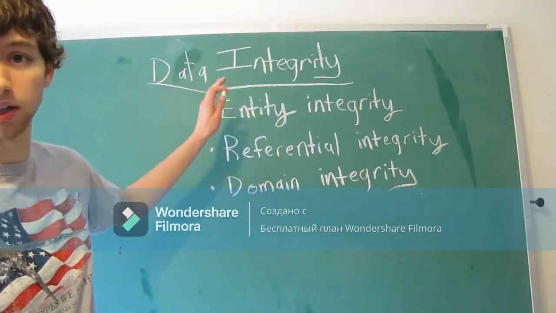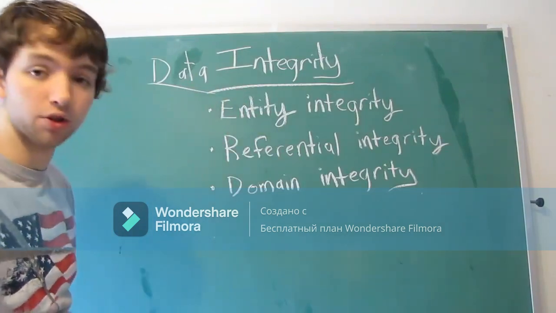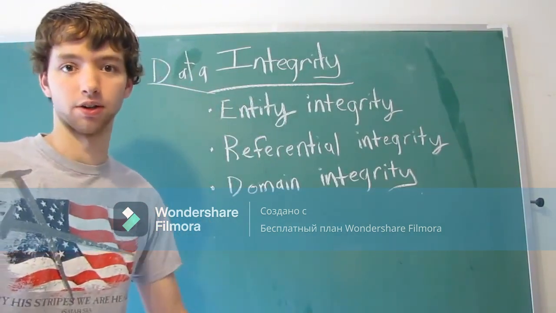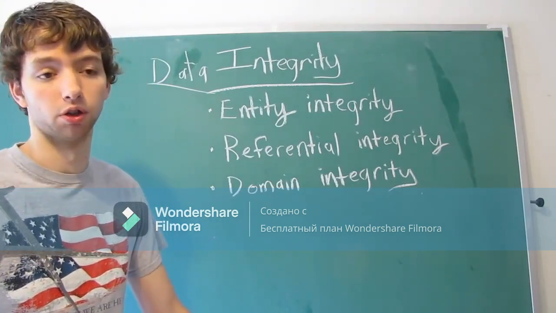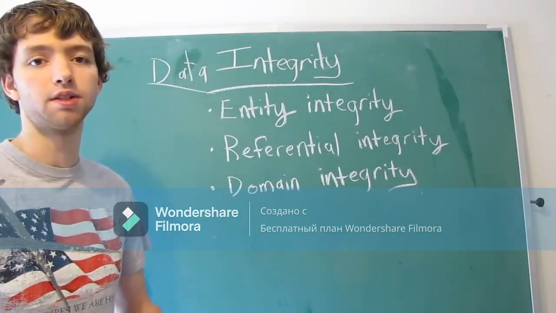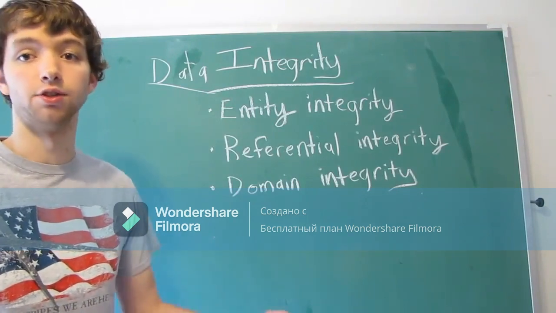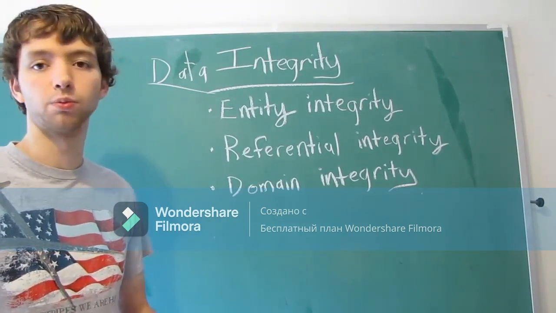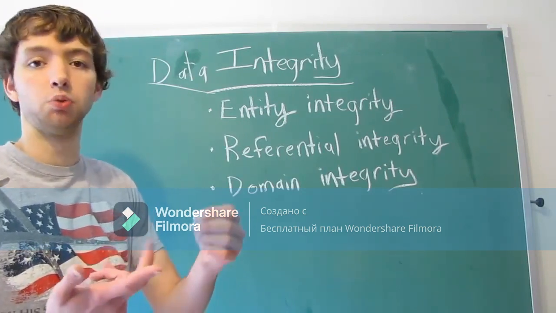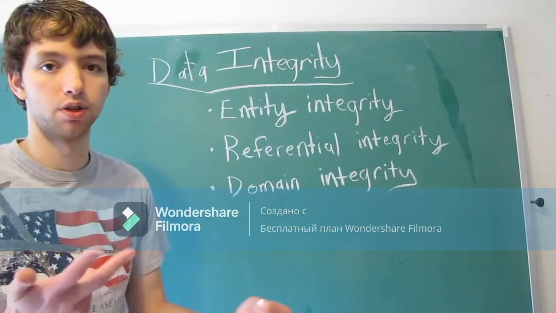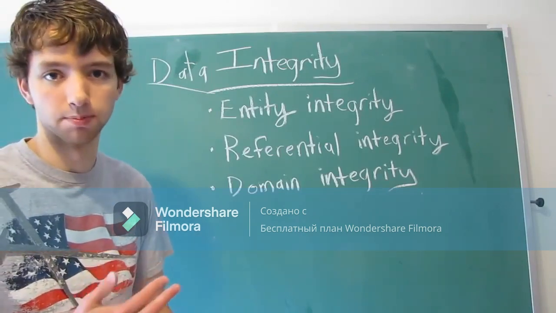We're going to be talking about data integrity. Alright, so what is data integrity? We talked about it a little bit in the last video, but this video is going to be going over it in more depth. Data integrity is just having correct data in your database. So when we're databasing, we don't want repeating values, we don't want incorrect values, and we don't want broken relationships